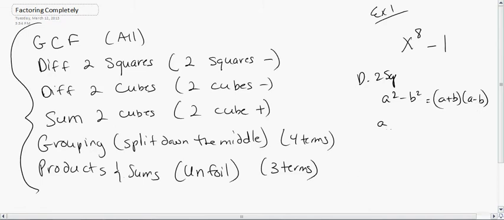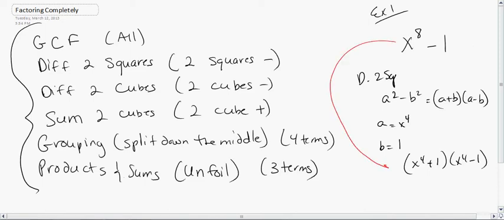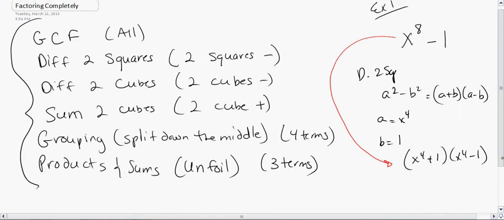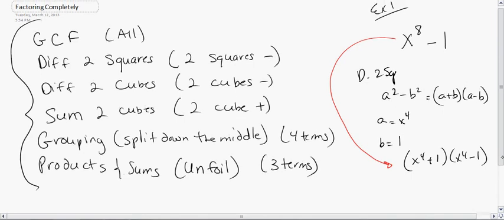In this case, a is equal to x to the 4th, and b is equal to 1. Let's plug it in: x to the 4th plus 1, and x to the 4th minus 1. So we've taken x to the 8 minus 1, and we've factored it into x to the 4th plus 1 and x to the 4th minus 1. Now, if you're really good at factoring using the difference of two squares, you probably just